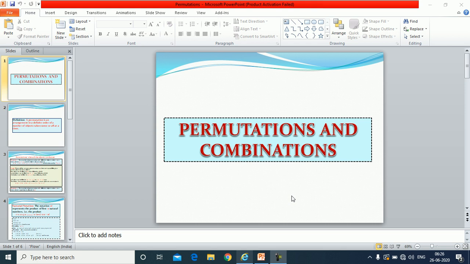Welcome children. In the previous session we learned the fundamental principle of counting. So moving ahead, in this session we will learn what factorial notation is and how to get an expression for solving the same questions which we have done through the fundamental principle of counting. We will explore the term permutations more.